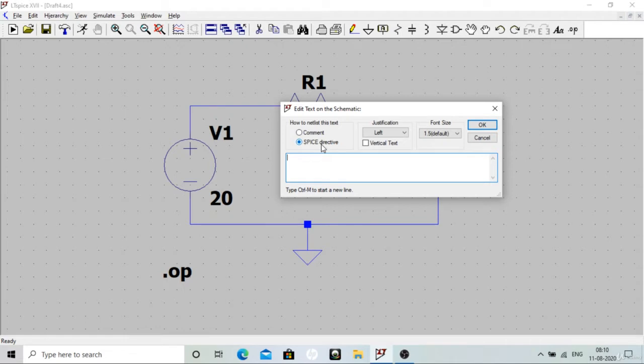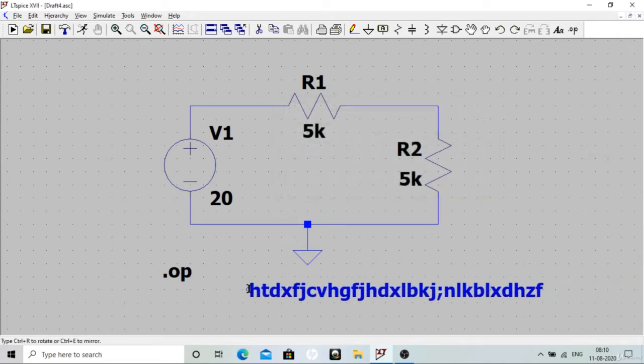SPICE directive means it will be part of the simulation. If I want to put a comment, whatever I can write and place, it will be treated as a comment, just as if some text is written, so it will not hamper the simulation. Sometimes you have to write comments nearby in the simulation, and that's when it helps. Okay, so I'll remove it.